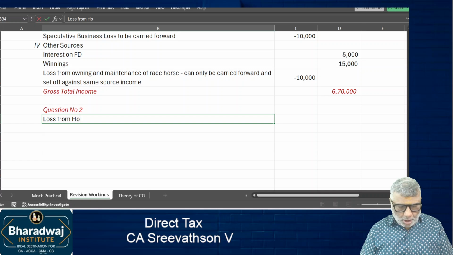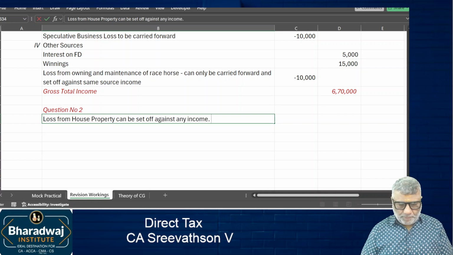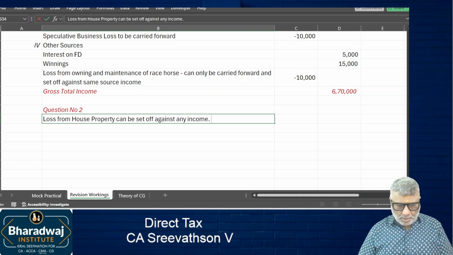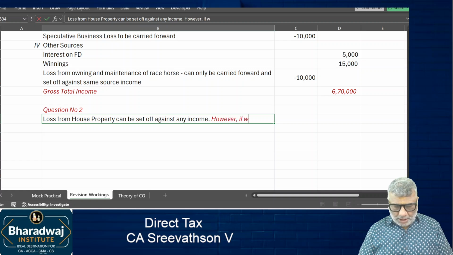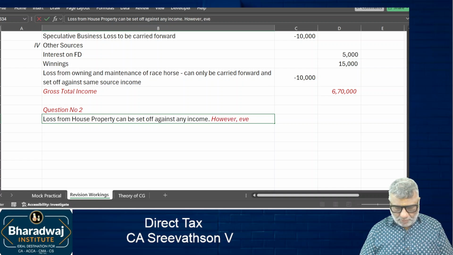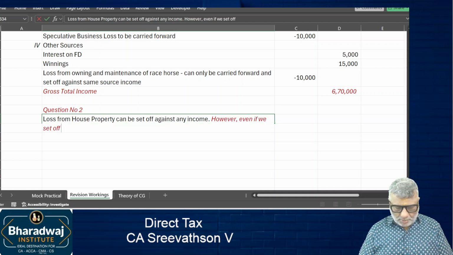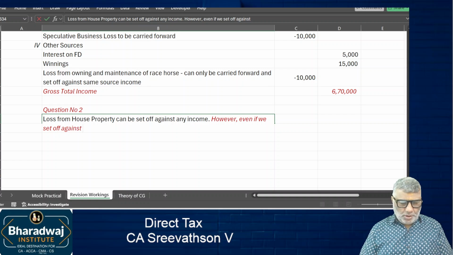Loss from house property can be set off against any income. However, even if we set off against winnings,